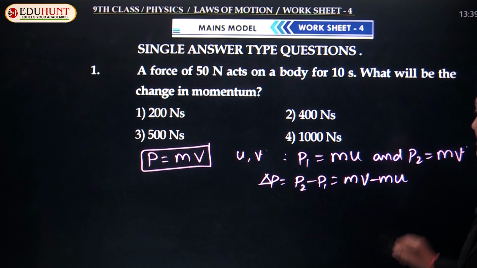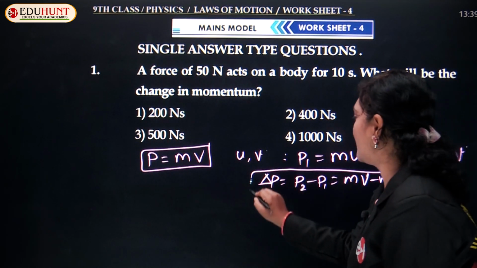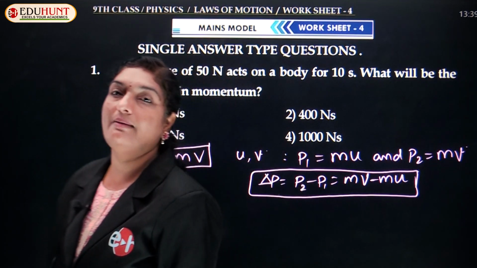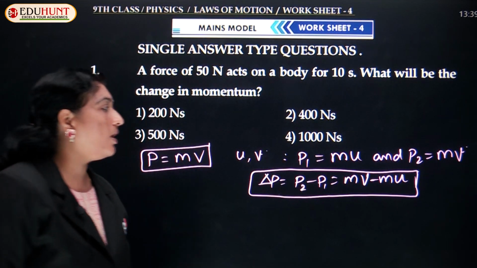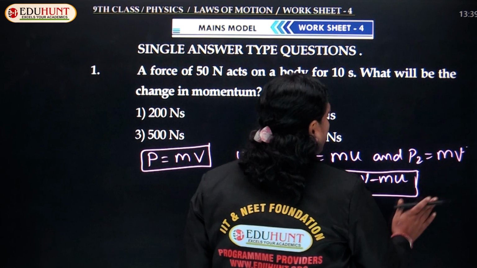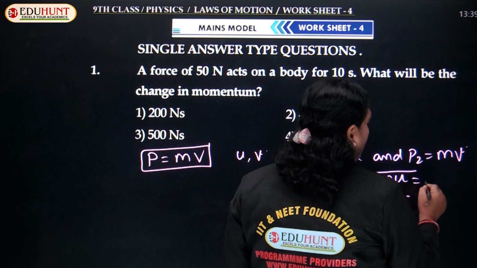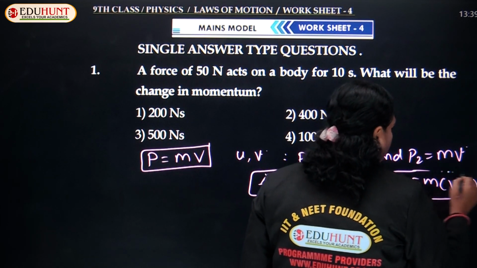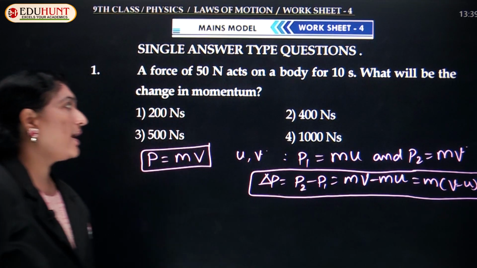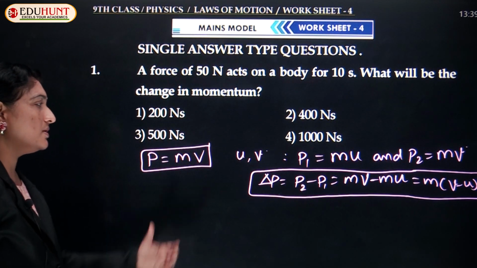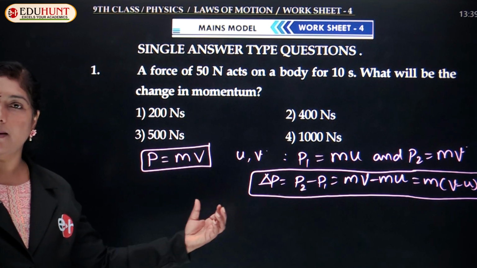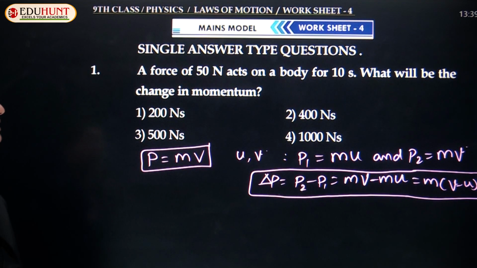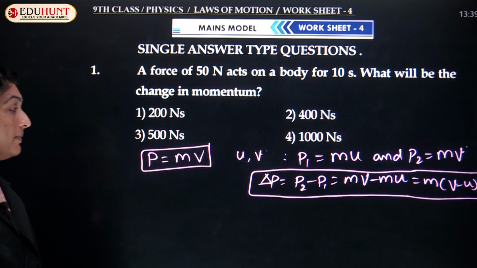So what is the correct one? The formula for change in momentum is P2 minus P1, which equals mv minus mu, or simply it can also be written as m times (v minus u). What is that? m times (v minus u). So this is the formula for change in momentum. So it asks you to find out the change in momentum. But